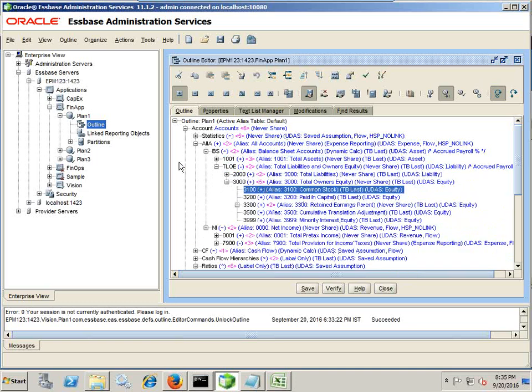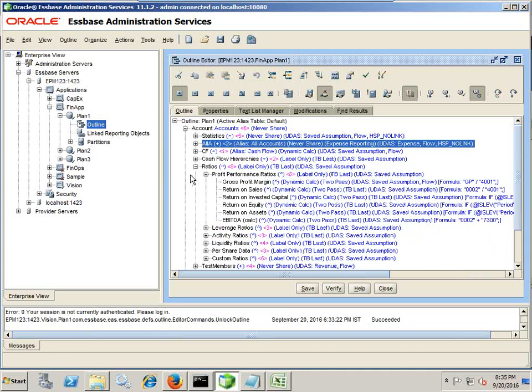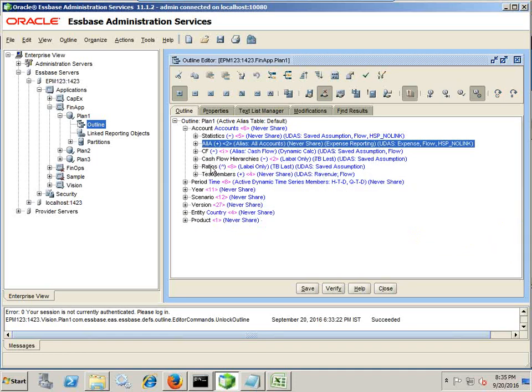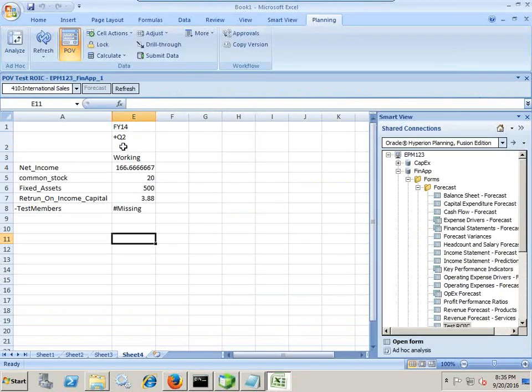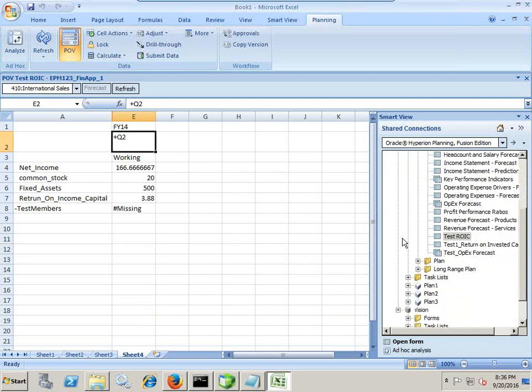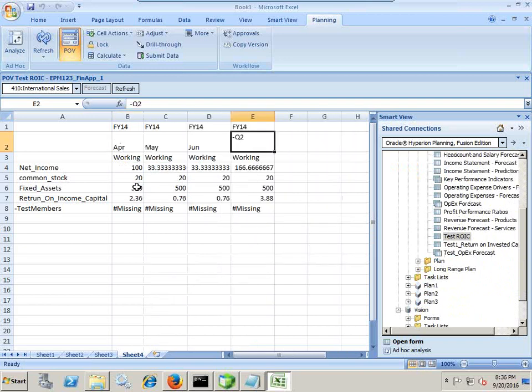Common stock, the liability. This is my account entity structure, account dimension structure. Okay. Now let's calculate this. I'm going to put some sample data. So I already prepared one Excel sheet. Okay. This Excel sheet, actually, I prepared one data form. Okay. And in this data form, I'm going to put some sample numbers, and we'll render the output, return